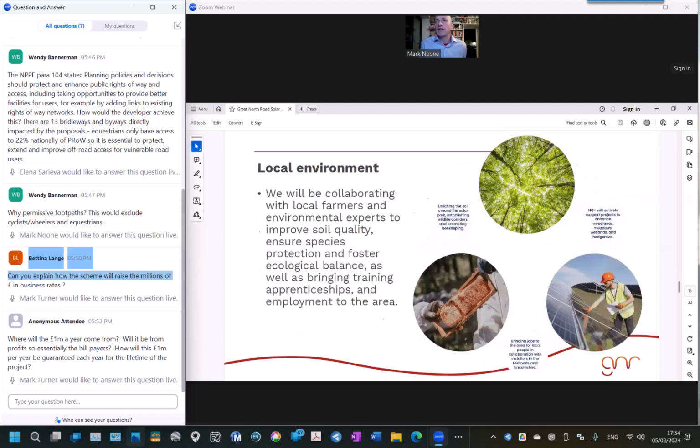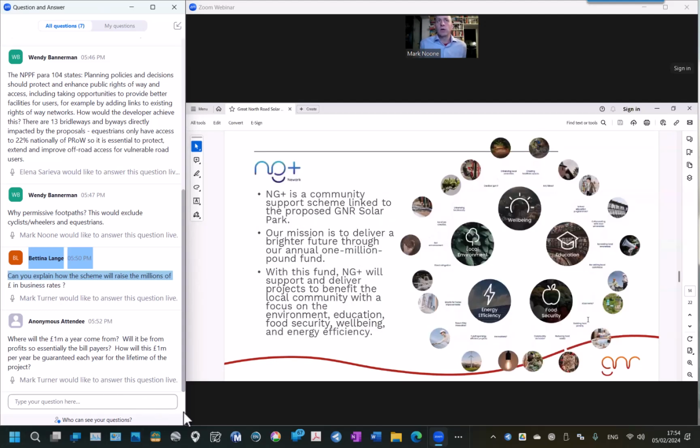So again, education is somewhere with a little bit of crossover, because you've got things such as the apprenticeships and the employment aspects that are benefits of the scheme, but they're within the build costs of the project. They're not NG Plus matters. So there's a fair bit of education stuff in NG Plus, but again, we are trying our best to ensure that as many benefits come out of the build costs of the solar farm itself, and then the NG Plus thing turns it into the solar park.